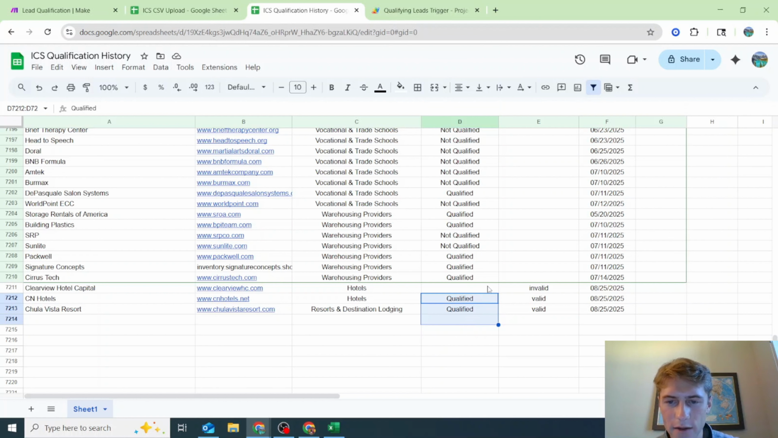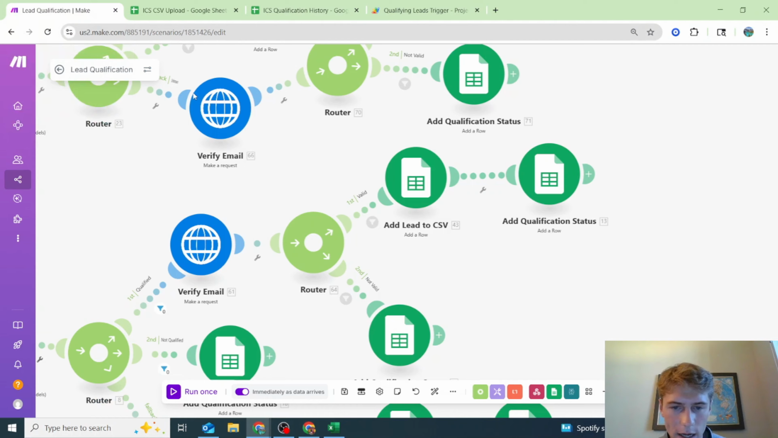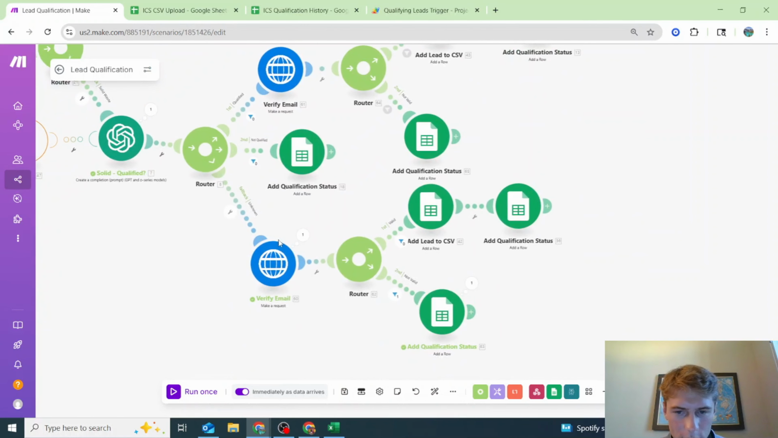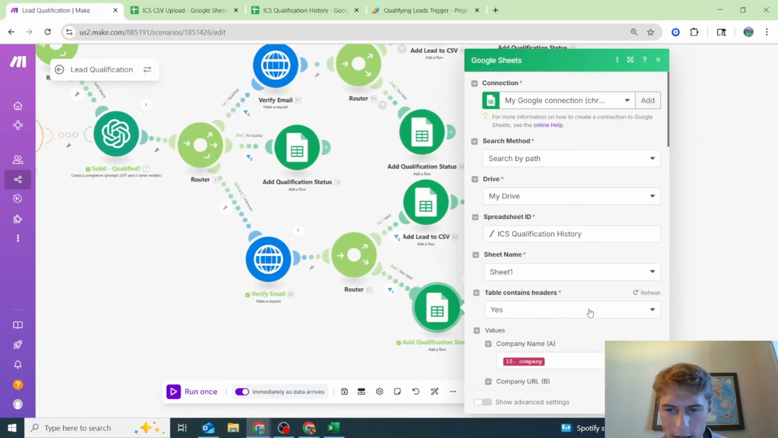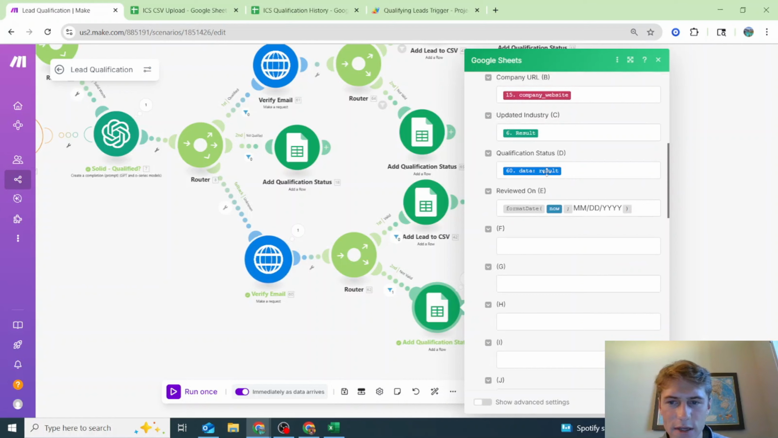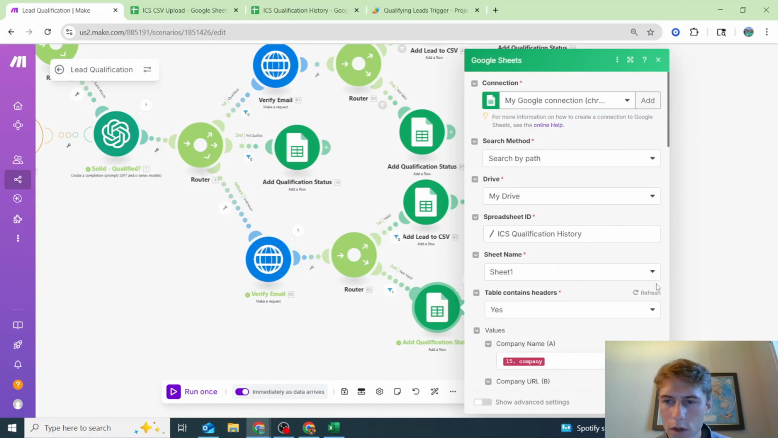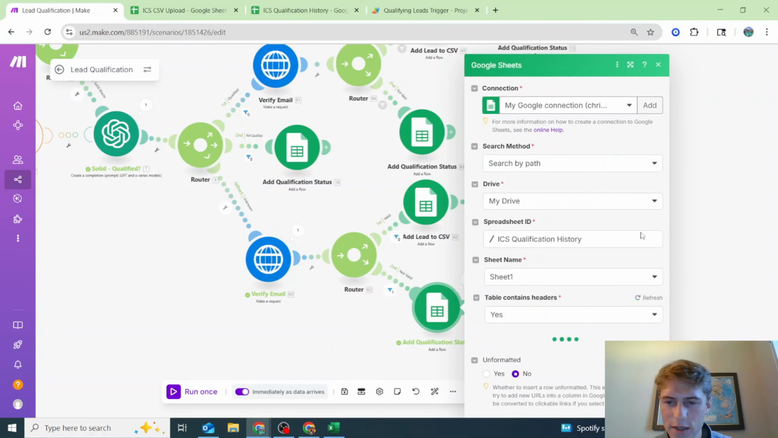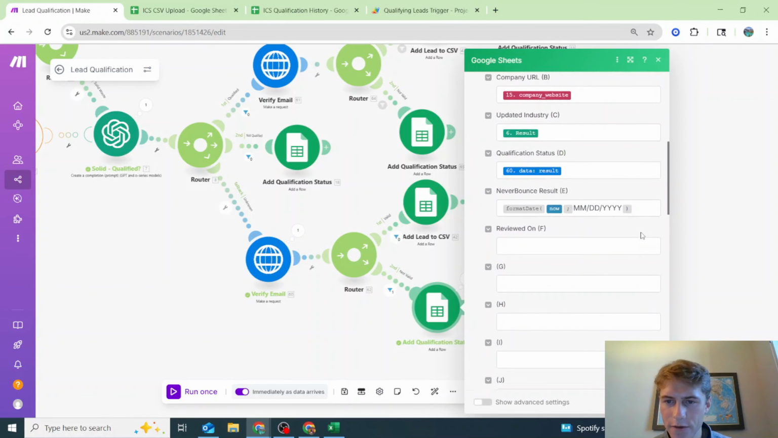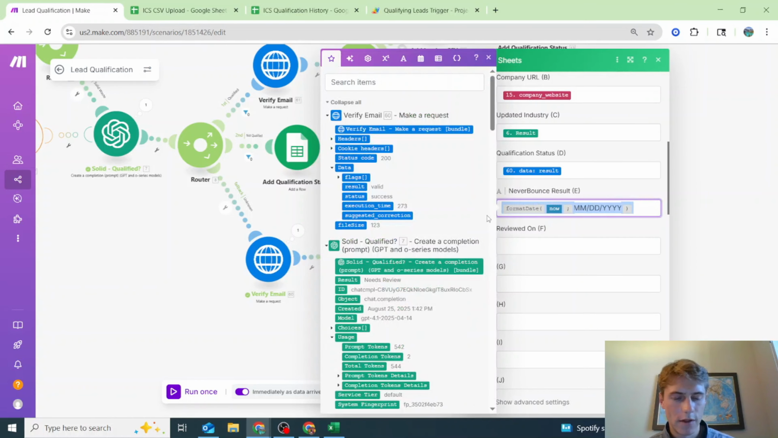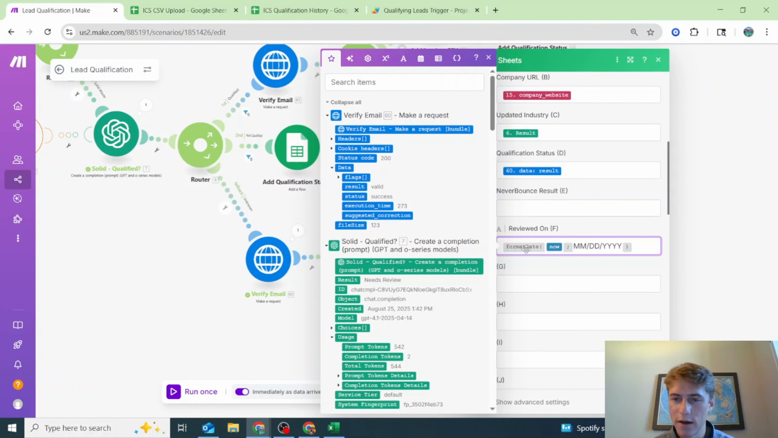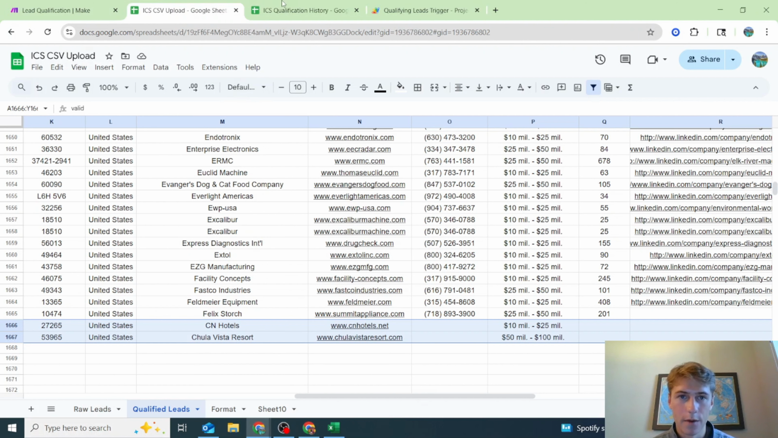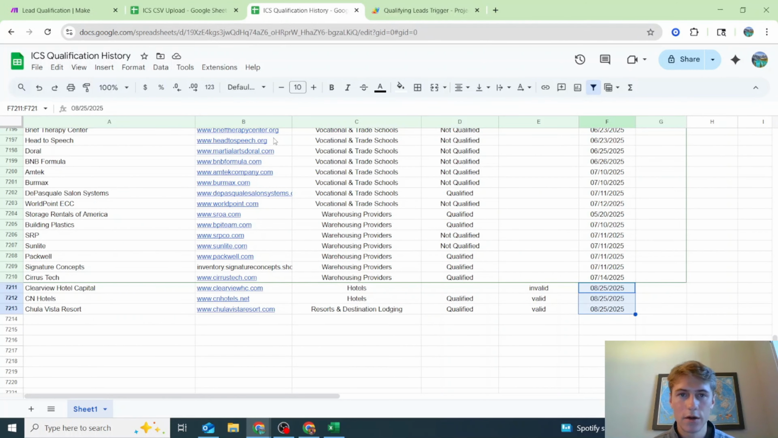So it was invalid. Qualification history is not updated. Let me go fix that. That was probably this route right here, if I had to guess. Qualification status, yeah, okay. So let's go ahead and refresh this table to get the headers correct. Yeah, so that's what's wrong. The date that I reviewed it on, I like to have the date. This is how I format the date, month, day, year. As you can see here,